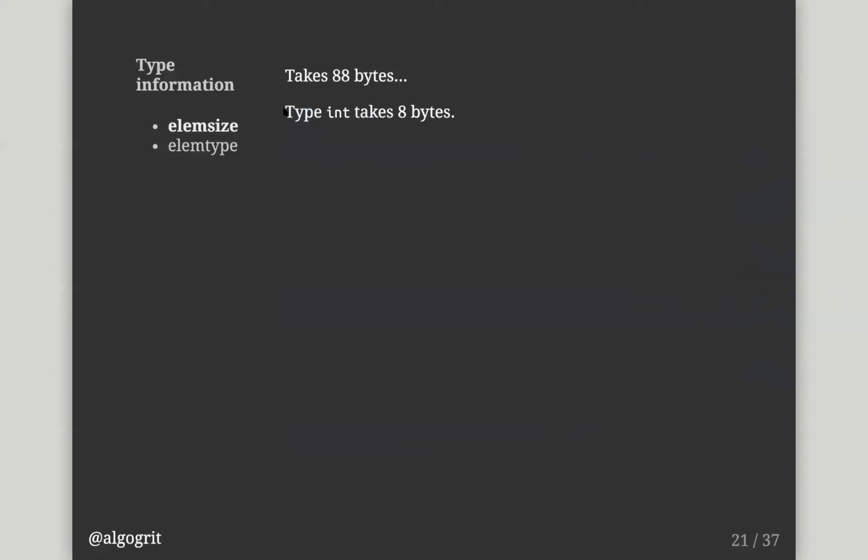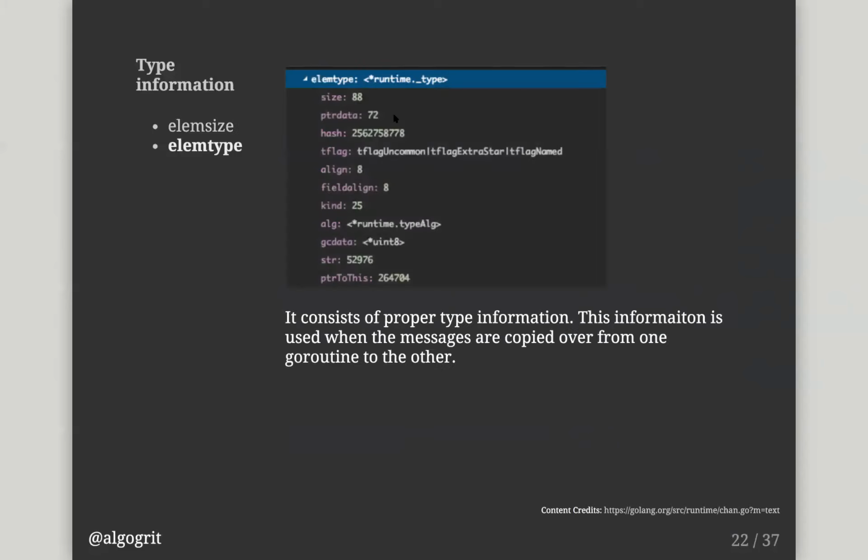So it looks at only the size which it takes on the stack, not on the heap, element size basically. Similarly, an integer would take only 8 bytes. Moving on, you have the element type. This is a special attribute within the hchan struct.